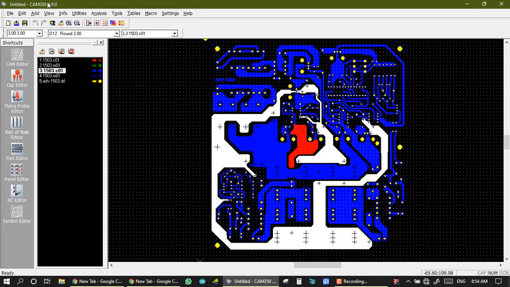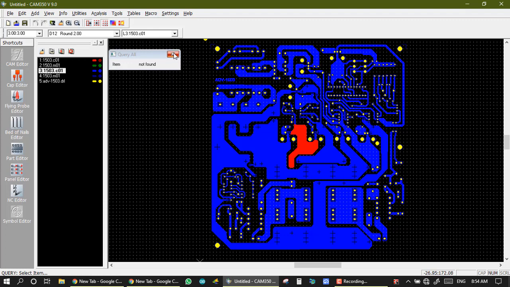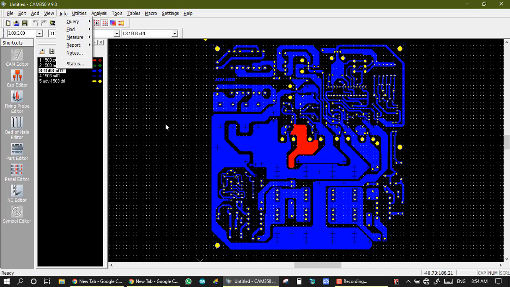And in info, the second option is find. If I don't know about any net, and I get an error like net number 58 is short with another net, then I directly don't know.